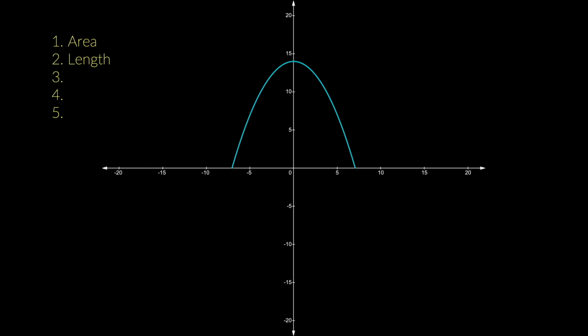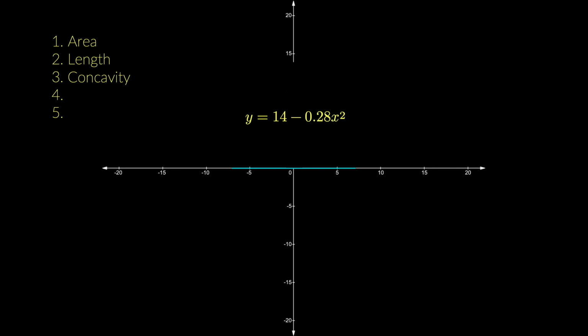The third property that calculus helps us find is the concavity of the curve. Is it bent downwards? Is it bent upwards? Is it just a straight line? And if you're wondering, but isn't it obvious which way the curve is bent? Remember that these curves are usually given in an equation format, and their concavities are not immediately obvious.